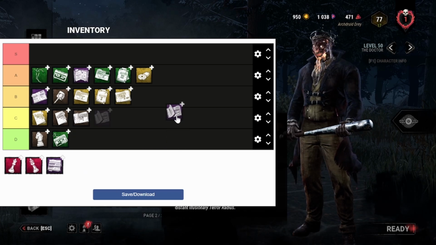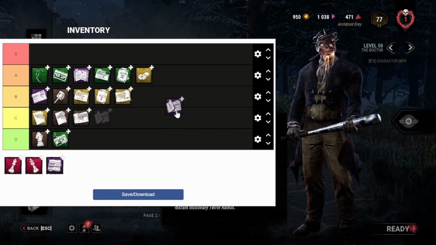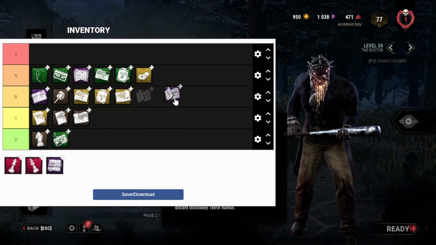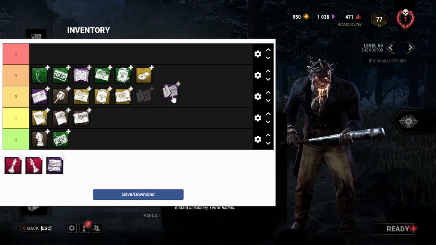We are going to move on to Calm, Carter's Notes. This increase and reduction of your terror radius, based off of the cooldown of your Static Blast, is plus or minus...